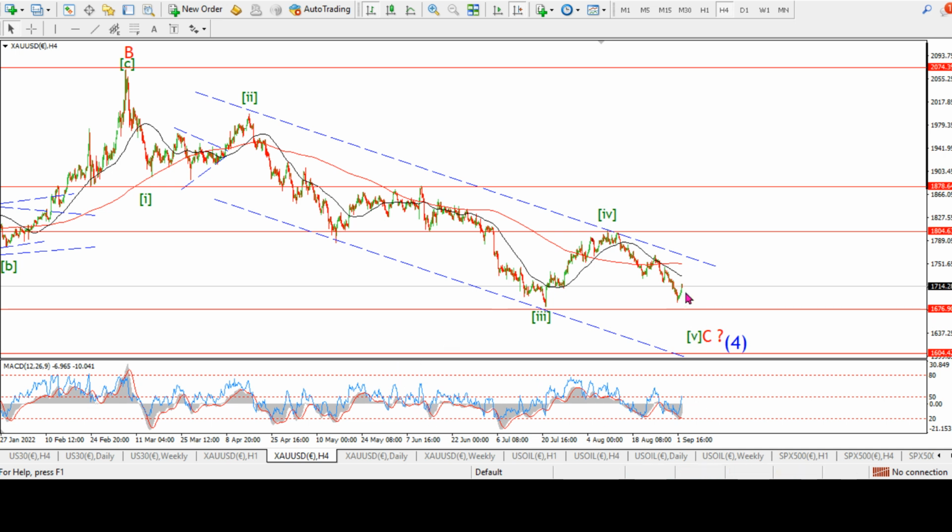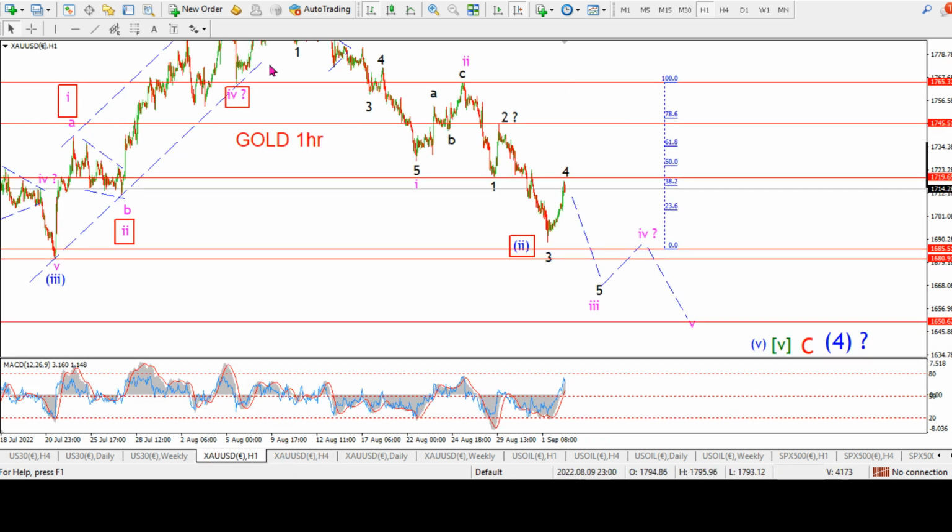The internal action is suggesting a slowing of momentum. So I'm going to go with that for next week, and a possible final low for wave 5 of C of 4 forming next week somewhere around 1650, and that would be a very interesting low, I think, to get involved in gold. Okay, so